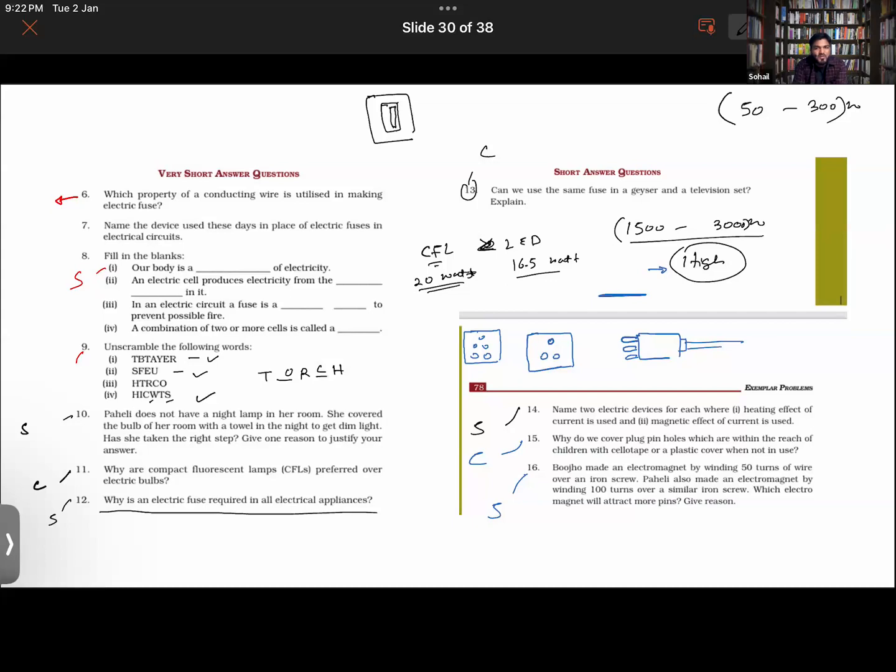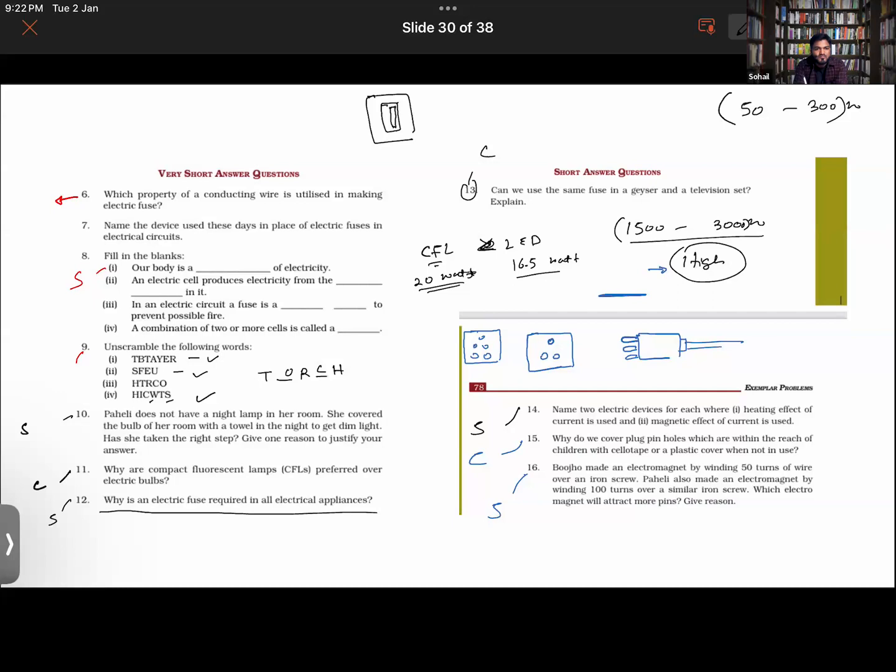You guys, can one of you try? Chakrika, you can try. Yes, sir. I think Paheli's electromagnet will attract more pins